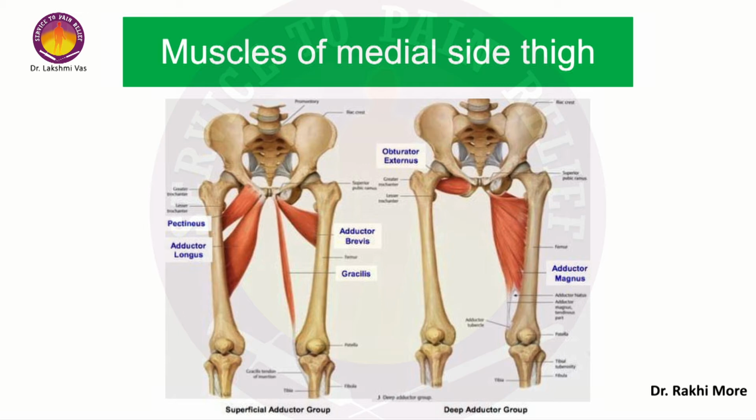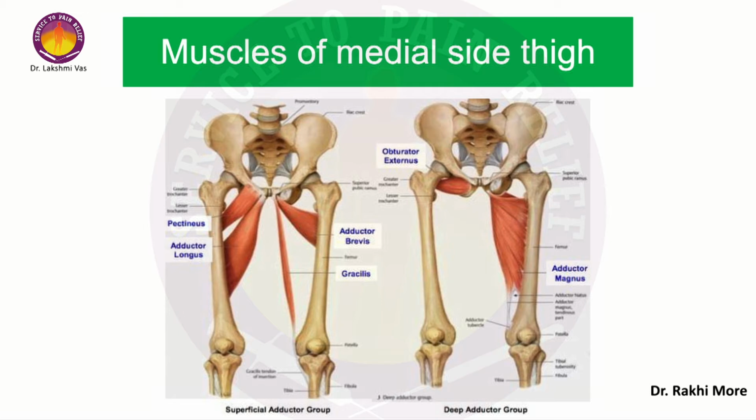Now adductor longus takes origin from the pubis at the junction of the upper and the medial border of the pubis, and then it comes down on the posterior aspect, gets inserted just lateral to the insertion of the vastus medialis muscle. It gets inserted over there. Now pectineus is inserted at a higher level. It takes origin from the pectineal line and the pectineal surface on the pubis, and it gets inserted on the posterior aspect again at a level higher than the adductor longus.